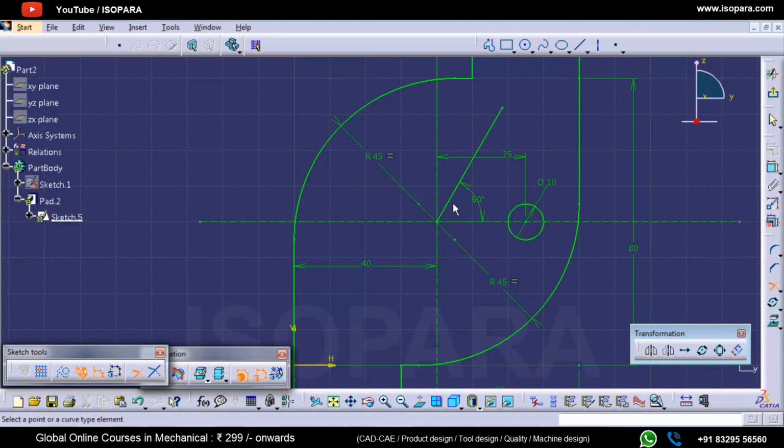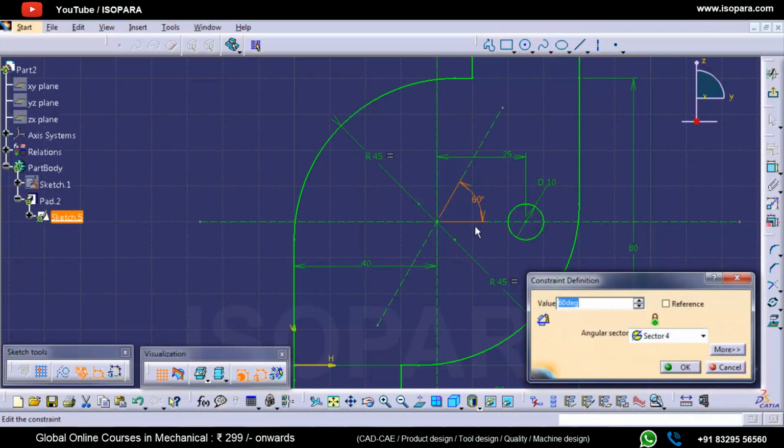I can extend this to the other side, make it a construction line, and then, instead of making 60, because we need 60 degrees, I will make it half, 30 degrees.